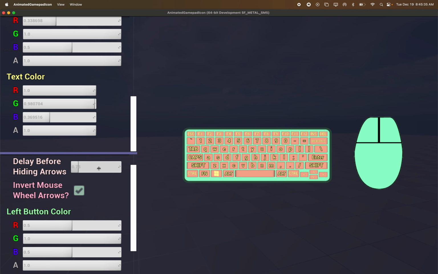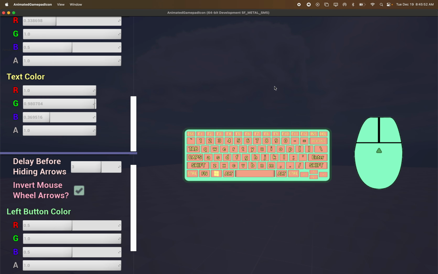So there is also this delay in the mouse options right here. You can see here, if I take that real low, those arrows will disappear really quickly. And if I want to, I can turn it up real high, and then even after I've let go of my mouse entirely, it's still going to stick around for a few